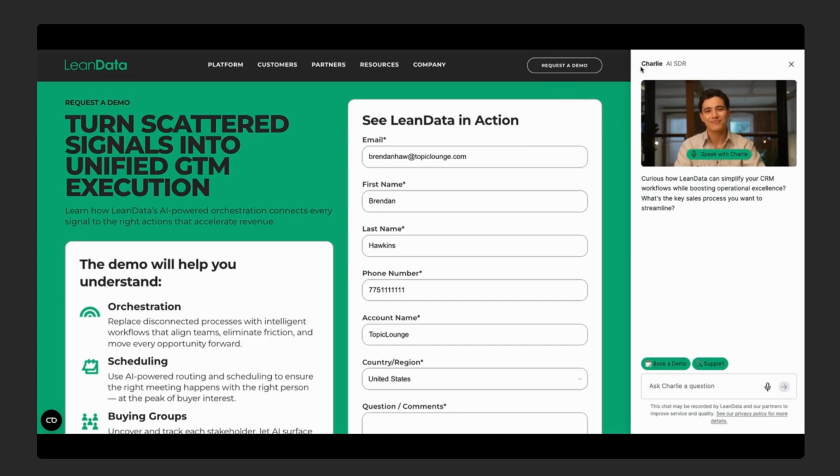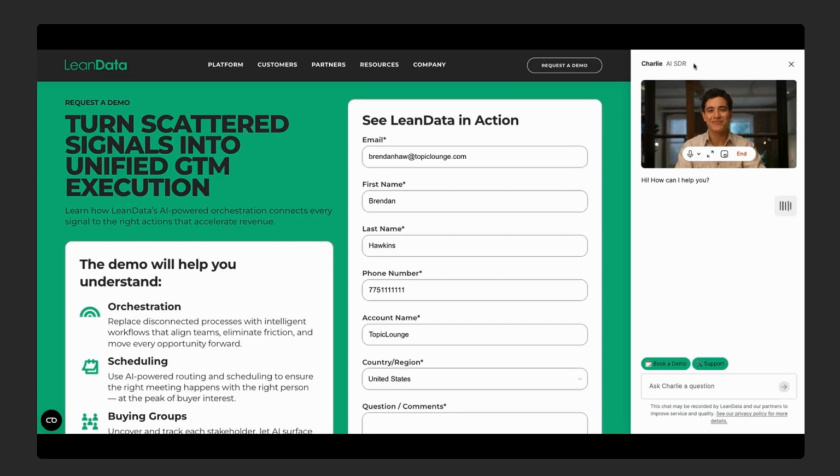We have folks using Warmly.ai and Agentforce as well to engage with prospects on their website, answer questions, and book meetings. So this is Charlie, LeanData's AI SDR built on the Qualified platform. As a prospect, I can have a live conversation with Charlie, ask probing questions, and then book meetings.